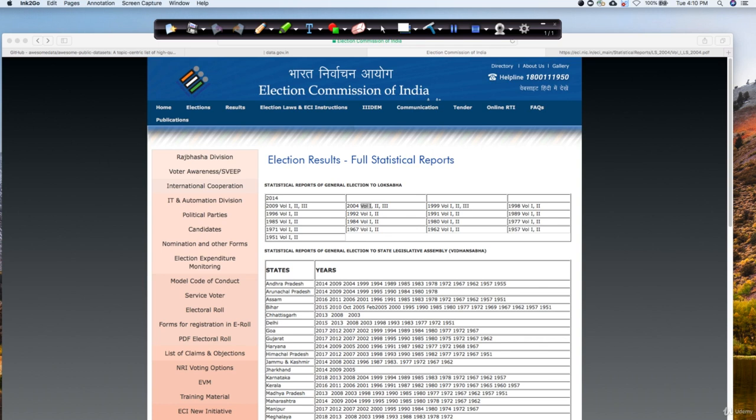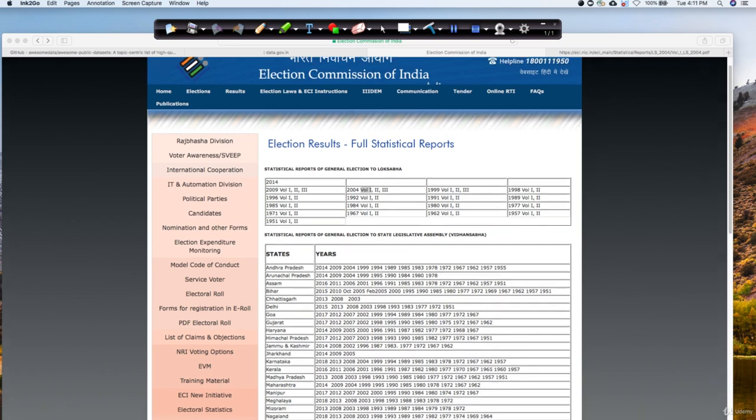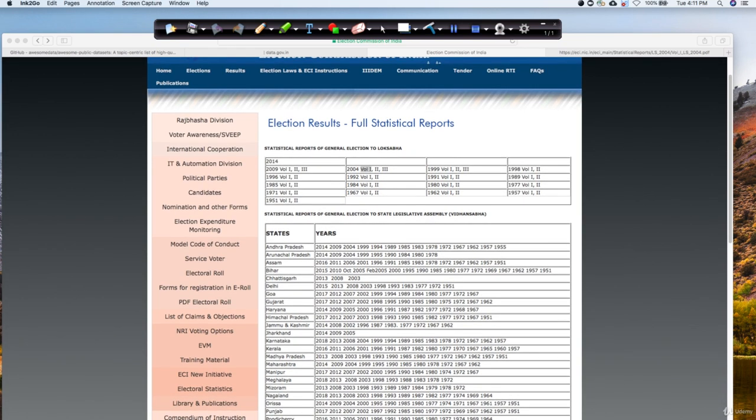This will give you a good intuition of what things you need to take care of while working on some sort of public data. So this is the Election Commission of India website, and this has a huge variety of data. It contains all the details of a particular party winning in a particular year, what events happened in that particular election, which party got how much vote in a constituency, what is the name of the candidate, and so on.